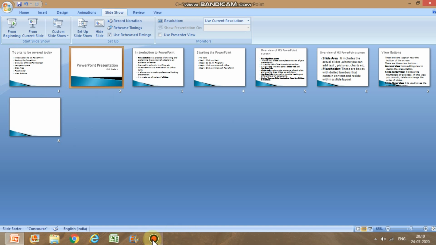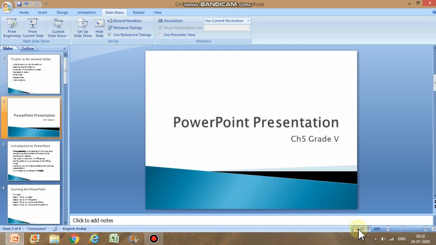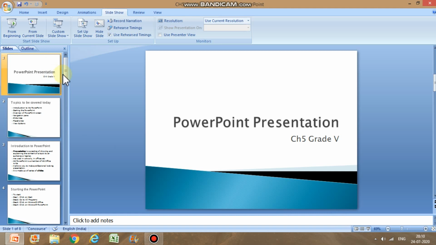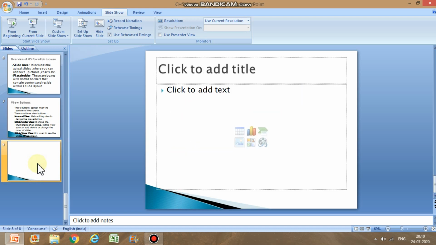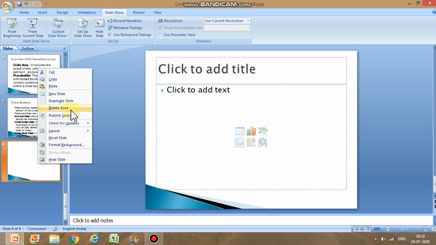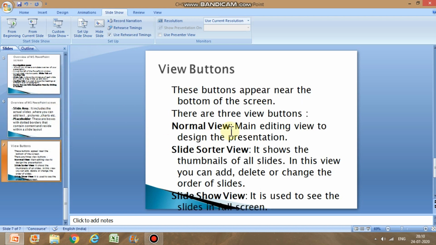So again I'm going back. To go back, go to the bottom of the slide. You can click normal view to come back to that view. Now I have changed the order, so I want to arrange the order again: first, second, third, fifth, sixth and seventh. This slide I had added in the slide sorter view. I'm going to delete it now, right? So this is the Introduction to PowerPoint. Okay, the main thing is